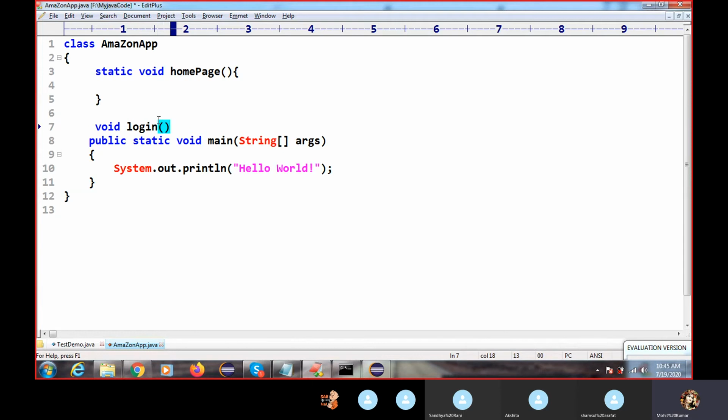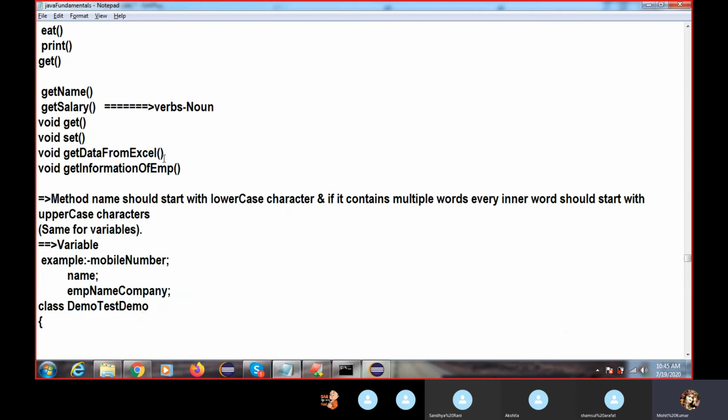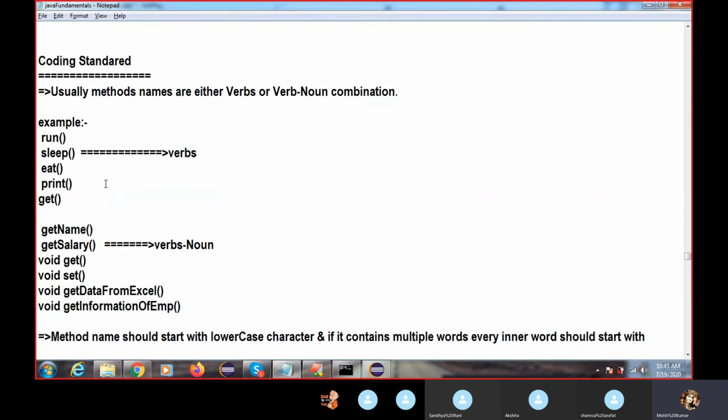This is one name with one word, so I'm not writing another word as a capital. If you have another word, we write it with a capital. Got it, right? You need to follow this when you're writing code in real time. The same applies to names like get data from Excel sheet, get info from employee. Like that we have to follow.